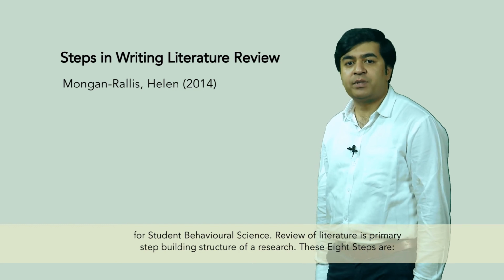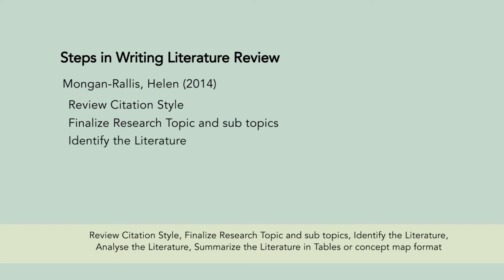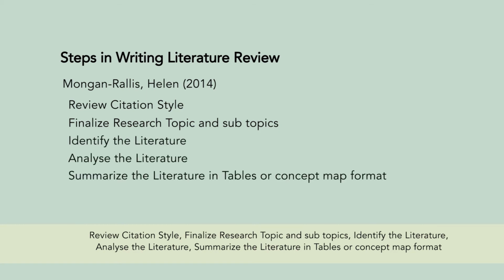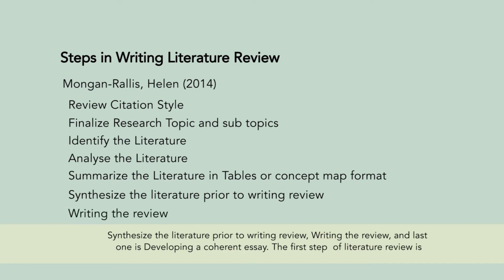These eight steps are: review citation style, finalize research topic and subtopic, identify the literature, analyze the literature, summarize the literature in table or concept map format, synthesize the literature prior to writing the review, and the last one is